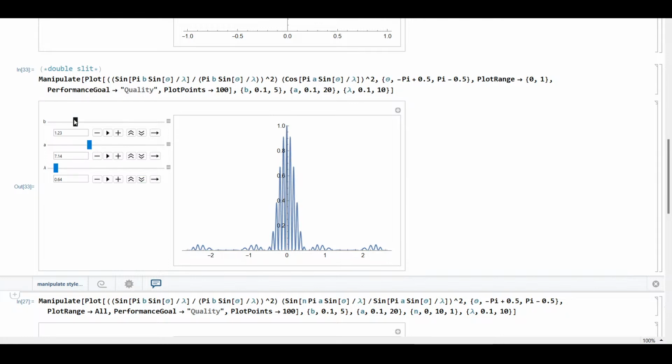Now, as the question said, let us see at this point how many fringes are there. I see one central fringe, 2, 3, 4, 5, 6. So 6 fringes I see within the central peak. I'm counting towards the right side. Central is 1, then 2, 3, 4, 5, and then 6. Now if I increase the slit width,